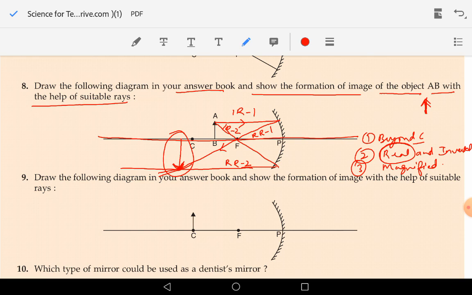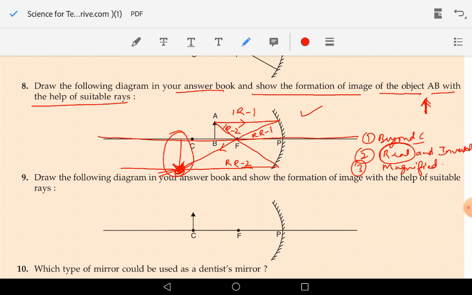So that is how we show the formation of an image on paper, by just making use of 2 rays, and the image is formed where the 2 reflected rays intersect each other. Okay, remember this point. So now let us quickly move on to the next one, that is the ninth question: